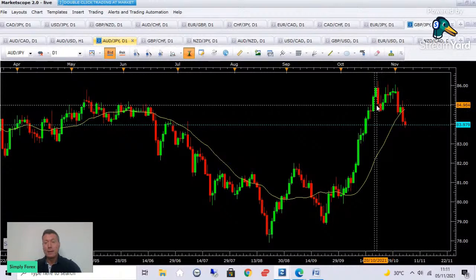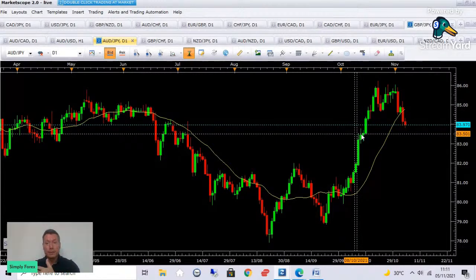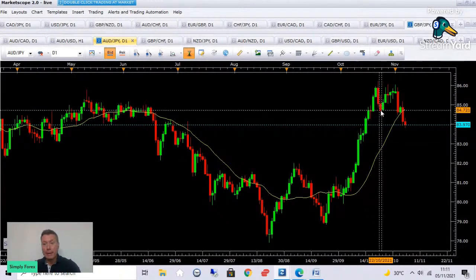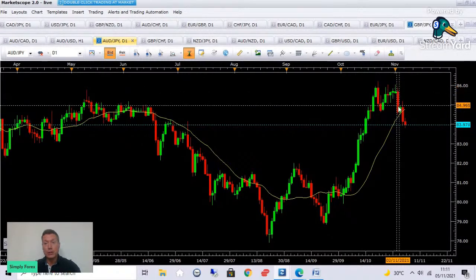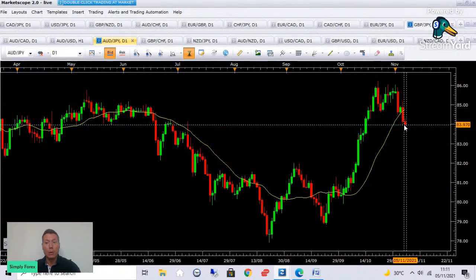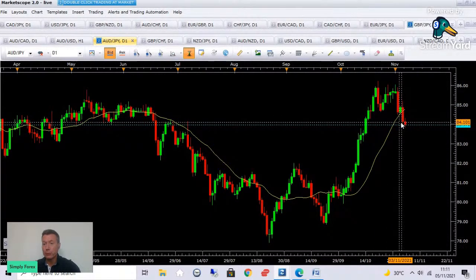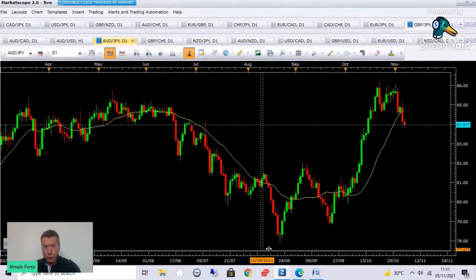So for me, market structure, market trend has changed. Remember again, if you refer to my tutorials on market structure and trend, then we've broke the trend. This was the last low. Price has gone up. It hasn't created a new high, and then eventually price has broken this low. So we have a lower low. So potentially a downtrend now. Large bearish candle, lots of room to move into.